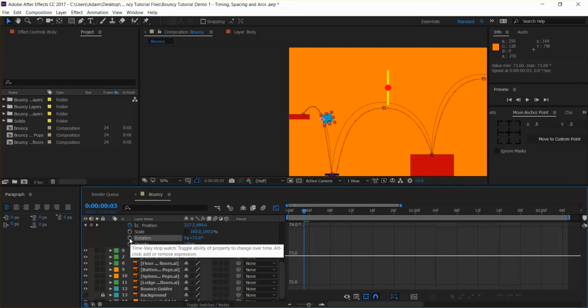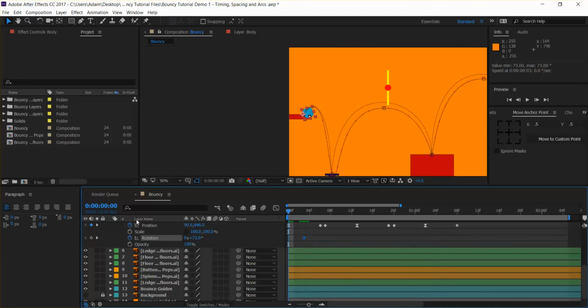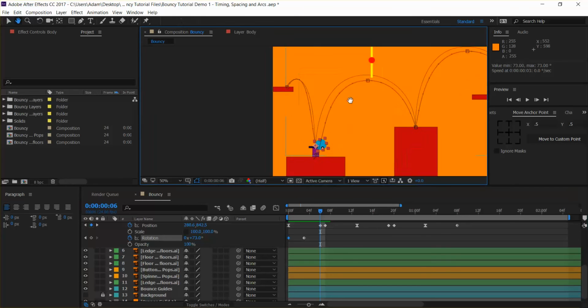I realise I haven't clicked the stopwatch, so just quickly click the stopwatch. I'm going to turn the graph editor off as well by clicking this square here. And I'm just going to scroll back, and here I'm going to type 0, and then scroll back to how it was and around about there, and you'll see very quickly as we go through, we follow that. And as we go down, we want to land